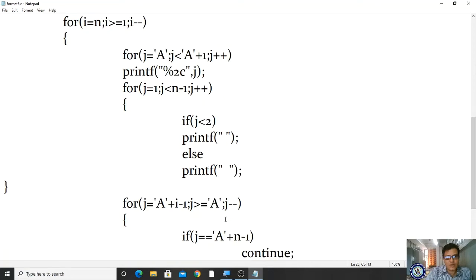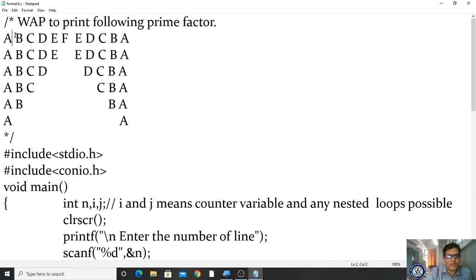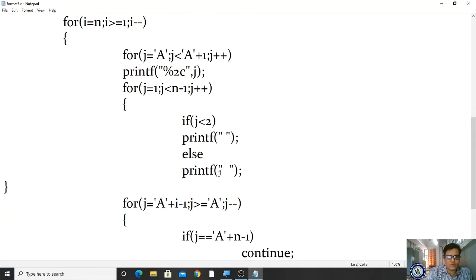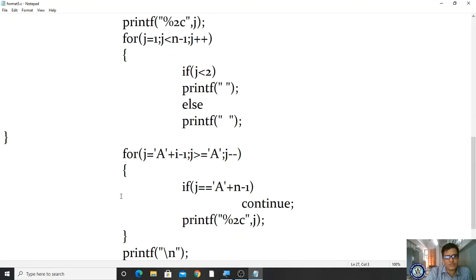Got it? So likewise it will come and execute here. So for this, after the a, I am getting 2 spaces. Okay, so after that, where will the control go? It is supposed to go to the outer for loop, but one more for loop exists.